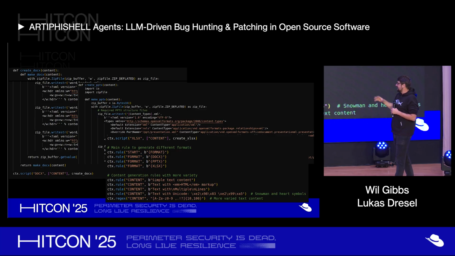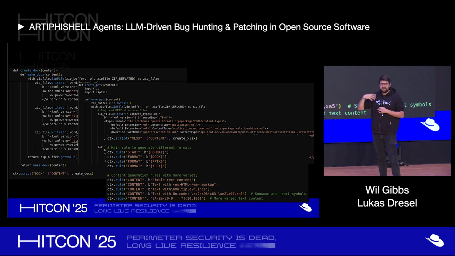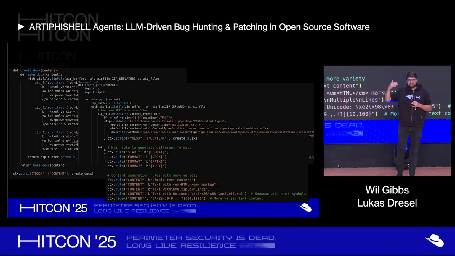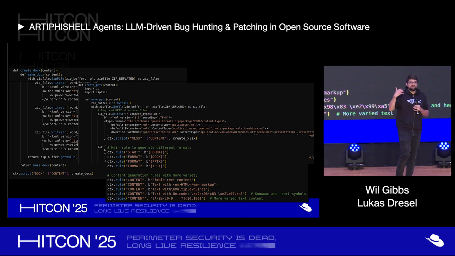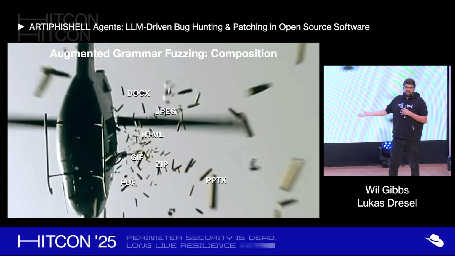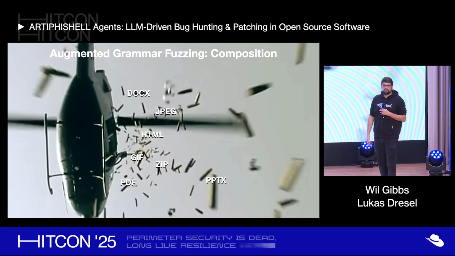Yeah, and then lastly, the nice thing about Nautilus is that we can compose these things. We can have these complex rules, and we can compose them in arbitrary combinations where we have file formats that it can enumerate, and then that gives the fuzzer the freedom to figure out which of these file formats tend to produce new coverage in the corpus, and which of them tend not to, and then the corpus adjusts on the fly. But as we just said, we have to address this issue with the hard-coded data.